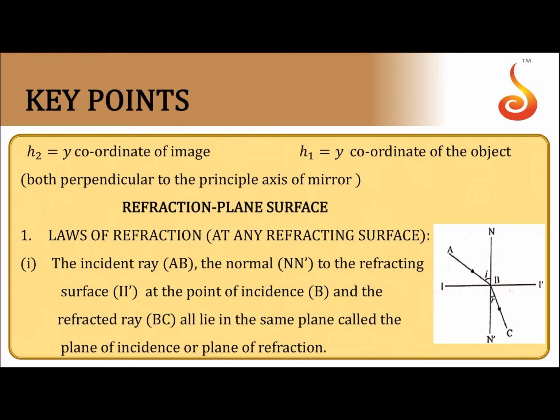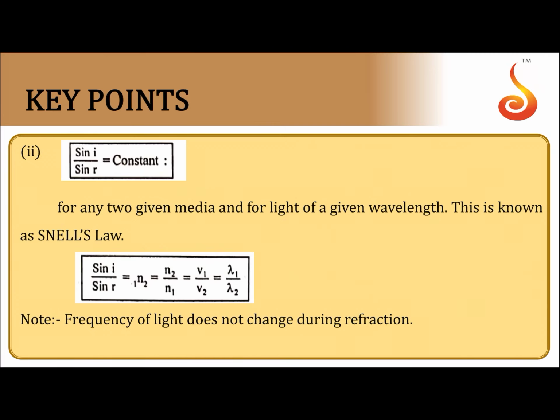Now come to refraction at a plane surface. The phenomenon is governed by Snell's law. In refraction, light goes from one medium to the other. That is the main point about this phenomenon. Change of medium takes place, so due to the change of medium, the velocity of light changes. Therefore the wavelength of the light will also change. Frequency does not change in this phenomenon, because frequency is the property of the source, not the property of the medium in which light is traveling.